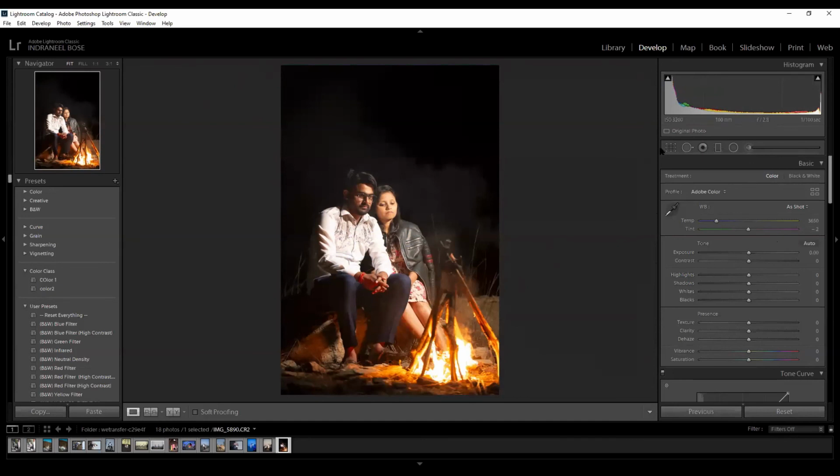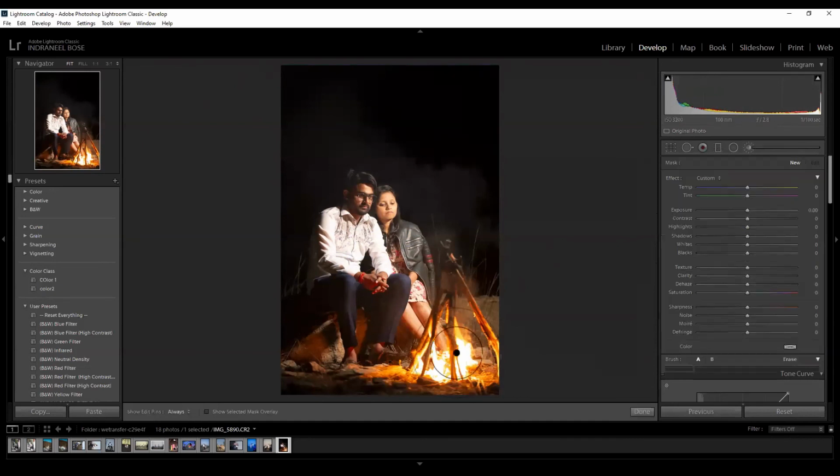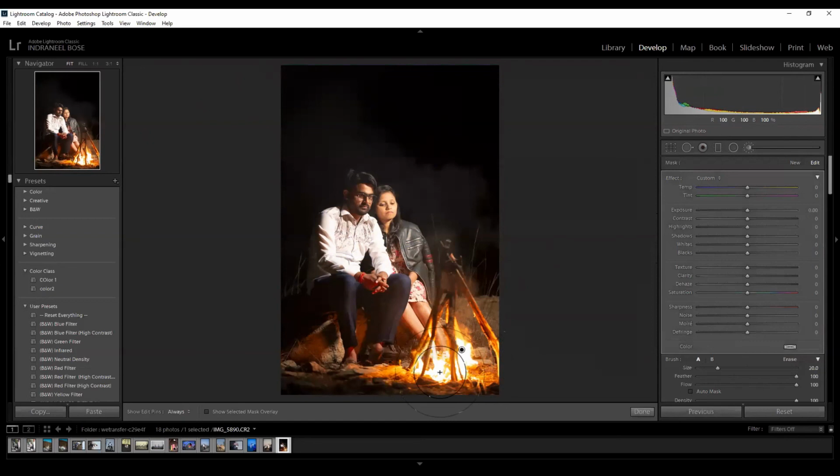Now if I try to select this area also and put the exposure down, it will only do the blues and blacks, darks and brights. It will try to bring it to gray, but the outer area colors are changing while the inner area is maintaining the same. Got the point?